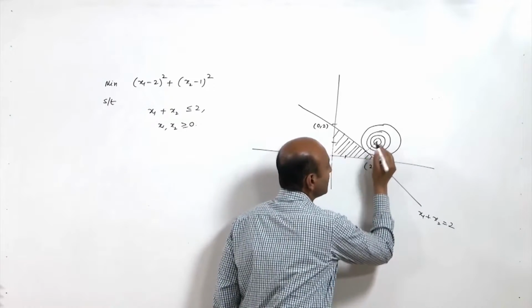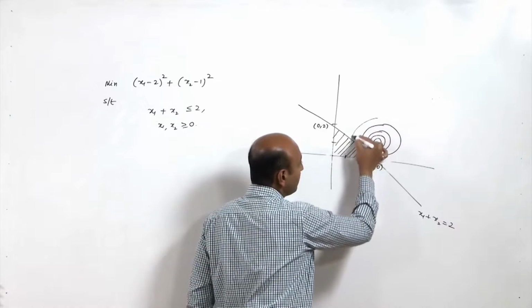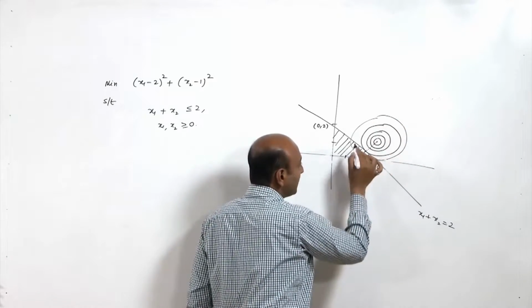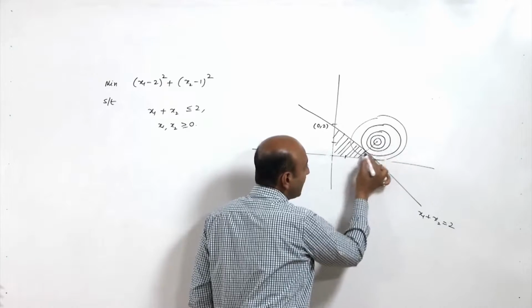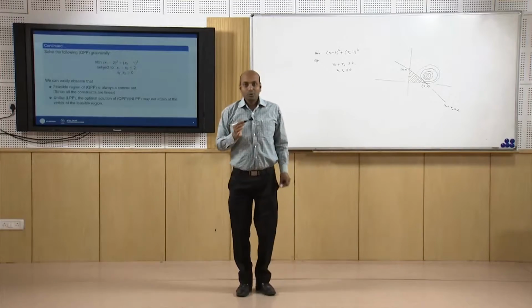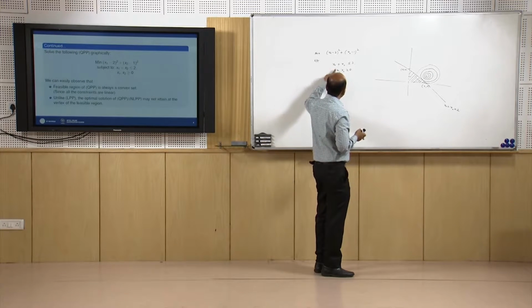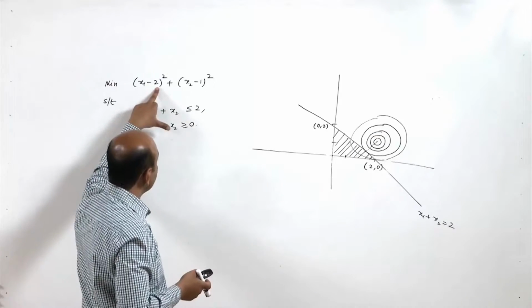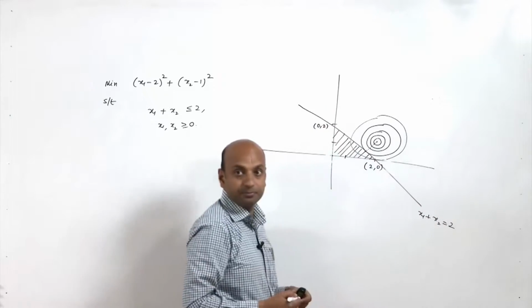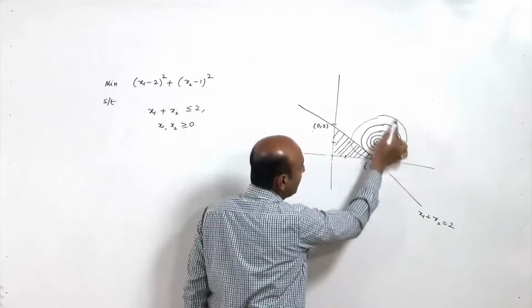If we increase the radius more, if we make a bigger circle, then that circle will come to the feasible region, okay, but the radius will be larger than this radius. So, that will not be the minimum one. So, the radius which will satisfy the constraint and minimize our objective function will be the circle which touches this straight line. That is this. So, that means this straight line will be a tangent to the circle.